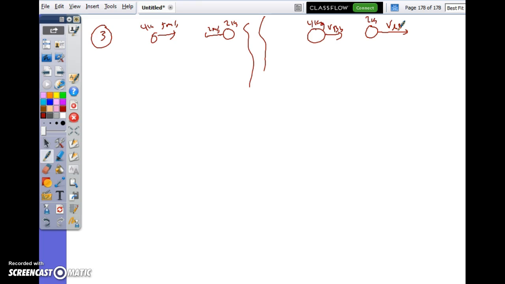So I'm going to use momentum before equals momentum after, because as Emily just put it, isn't this the same? I've done this before, right? So I've got 4 times 5, plus 2 times negative 2, be careful with that, is equal to 4 times the velocity of the big ball afterwards, plus 2 times the velocity of the little ball. I've repeated it several times before. Can I solve this? No.